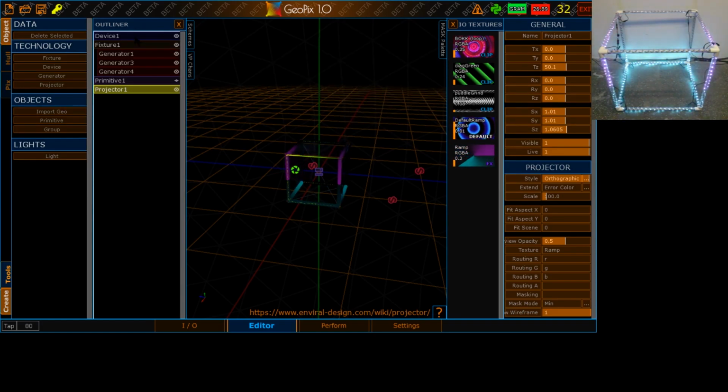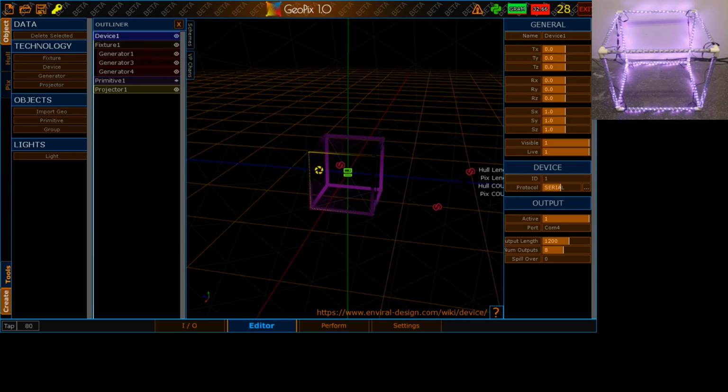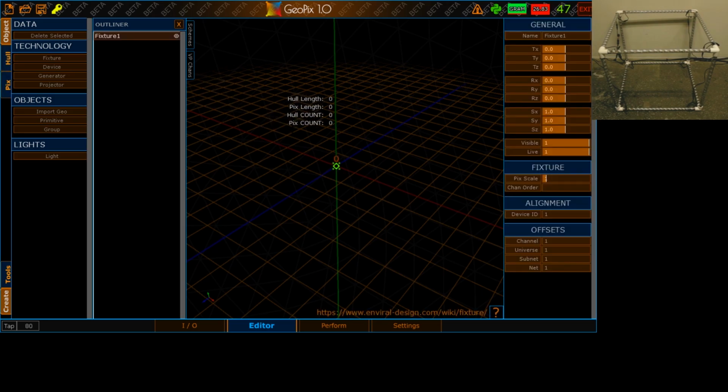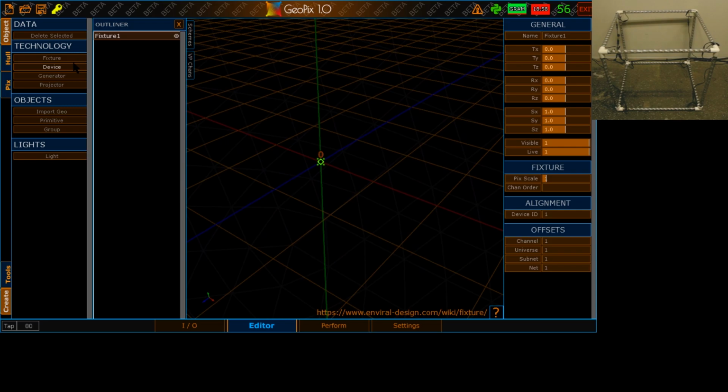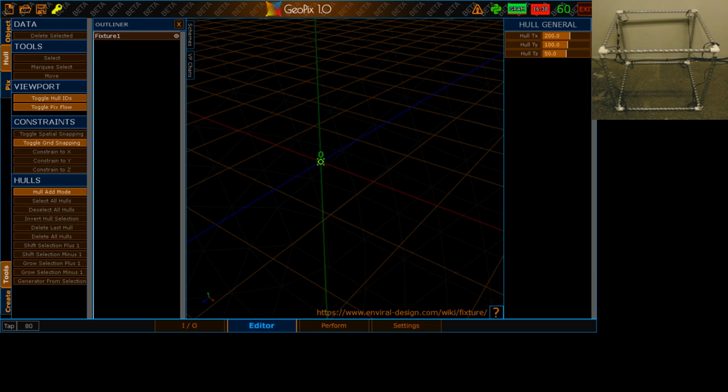So this is the GeoPix interface, and on the top right corner you can see my LED cube that we're going to be mapping. So first off, we're going to create a fixture, and this fixture is going to represent a cube. If you press S,